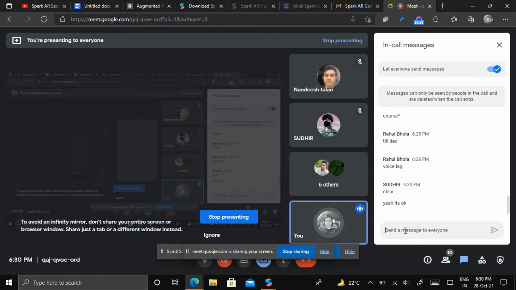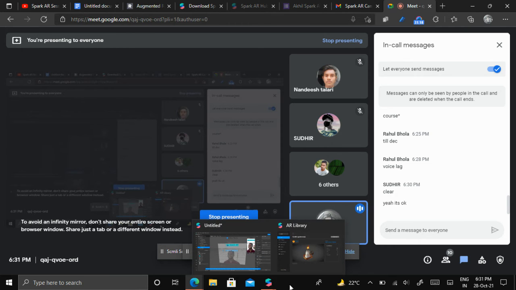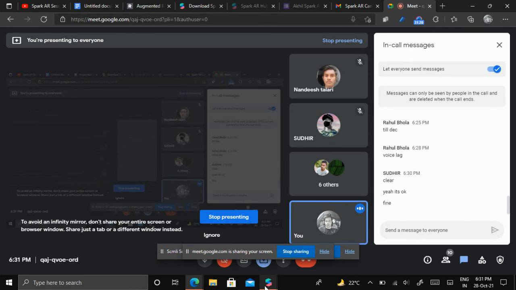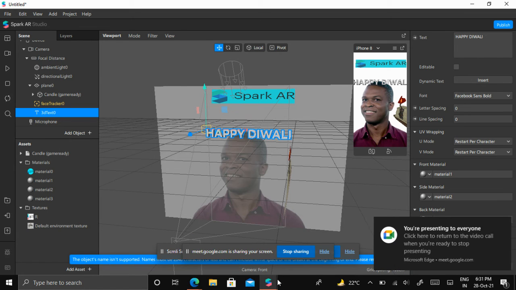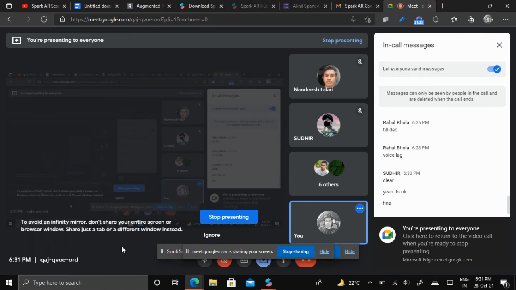If someone can text okay, I can move forward. Yes, any doubt till now? Any doubt regarding how to add a material, how to change the color of a material? Face tracker one. Fine, right? So that I can move forward. Okay, thanks, thanks.